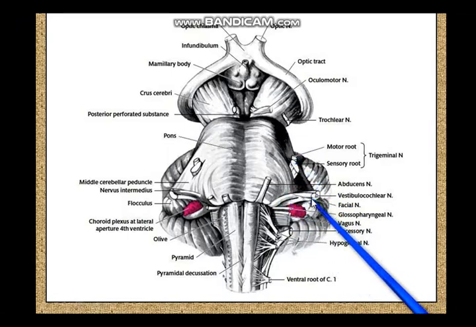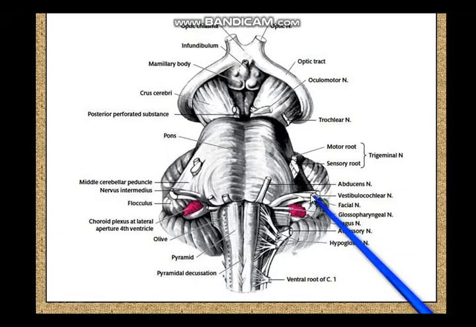In the facial nerve, motor is large, sensory is small. So again, M for M, the motor root is medial and the sensory root is lateral. Now you can see that the sensory root of the facial nerve is actually trapped between the motor root over here and the vestibulocochlear nerve over here. So you can see the vestibulocochlear nerve, you can see the motor root of the facial nerve, and in between, the small sensory root of the facial nerve appears to be trapped.